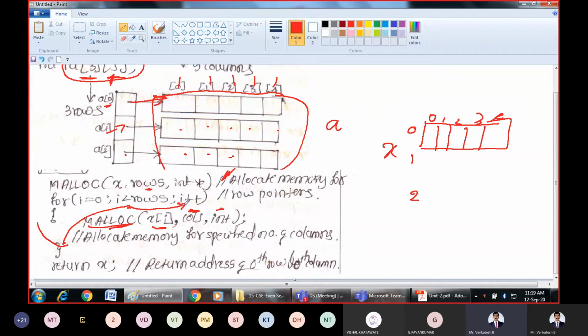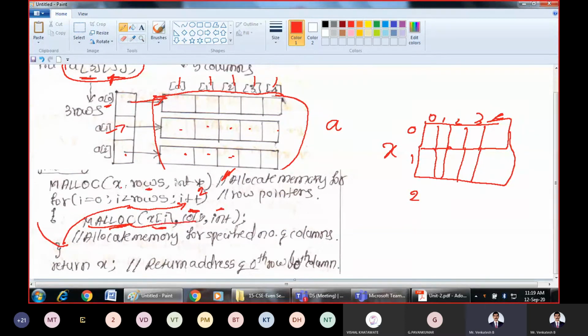The new value of i will become 1. That means now the memory will get allocated for the second row: 1, 2, 3, 4. Again, i will be incremented. This time the value of i will become 2. So the condition is true.